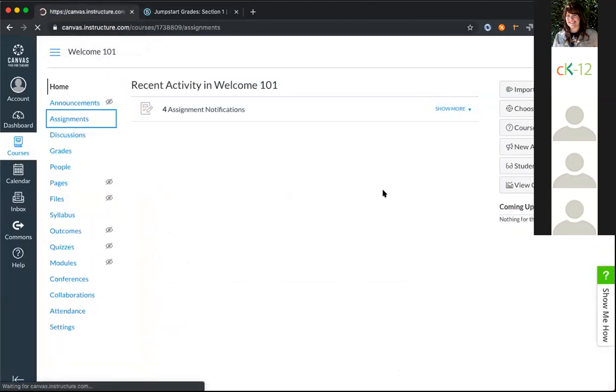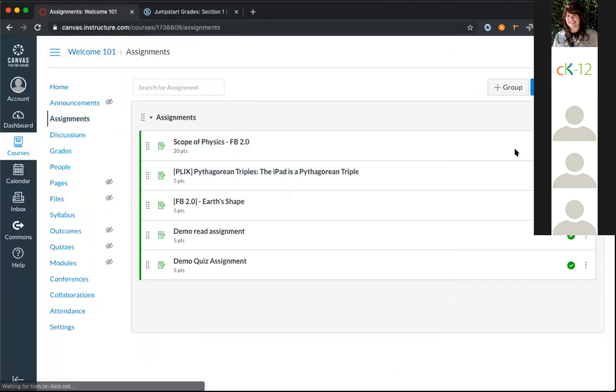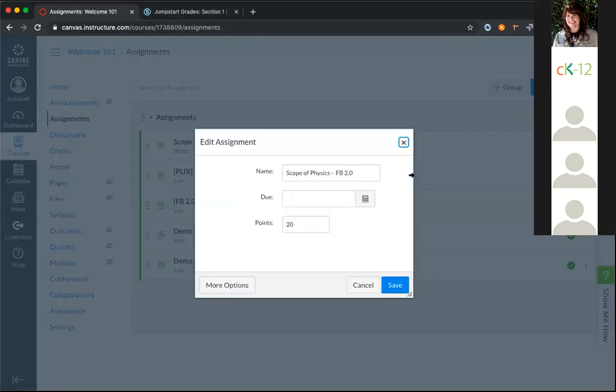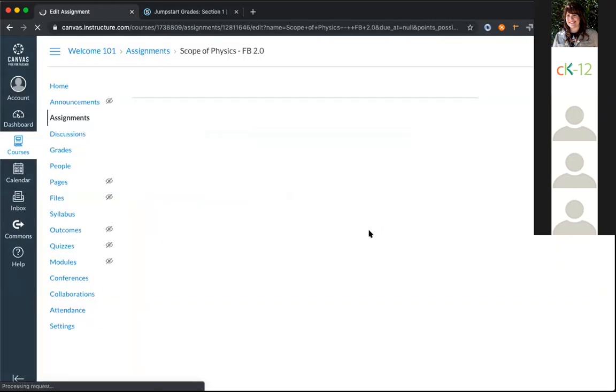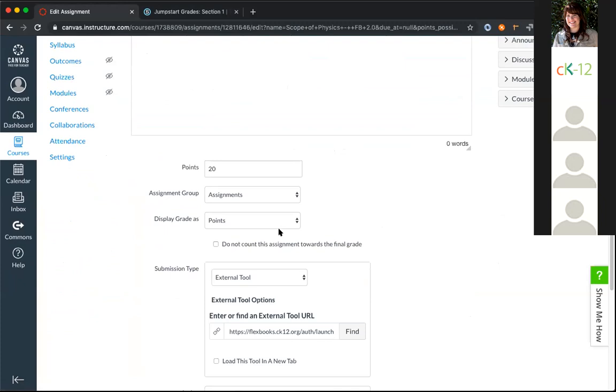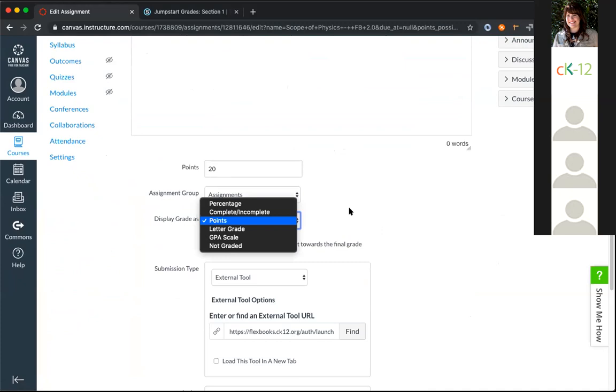I'll remind everybody, Felix is our integration specialist. He's the one who makes CK12 talk to Canvas and Schoology, but he's not necessarily the heavy user of Canvas and Schoology that so many of you are in your school situation. So forgive us if we don't know the ins and outs entirely of Canvas and Schoology. We know how CK12 plays with it, but some of these general questions on points and duplicating courses, we may not be the best experts on it.